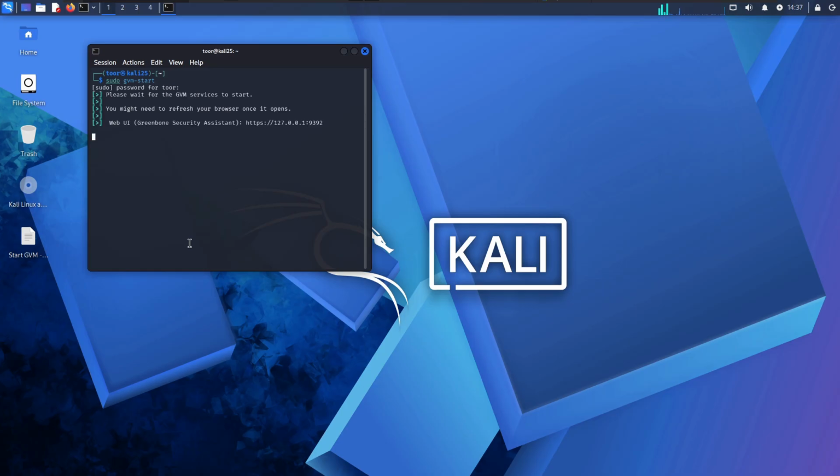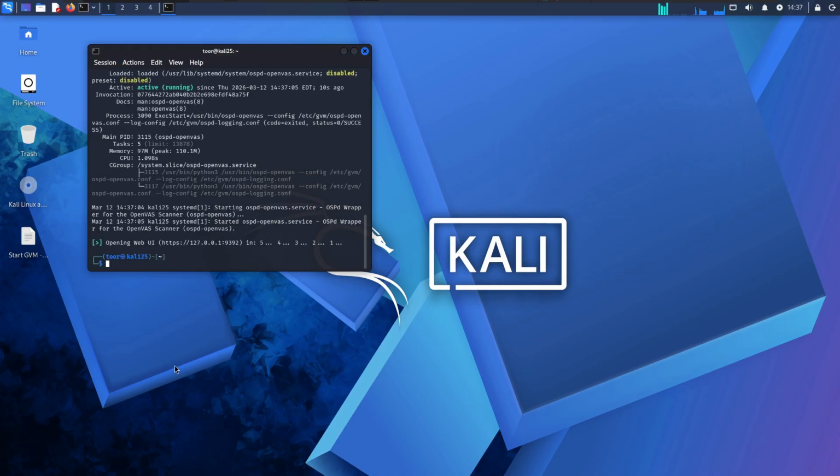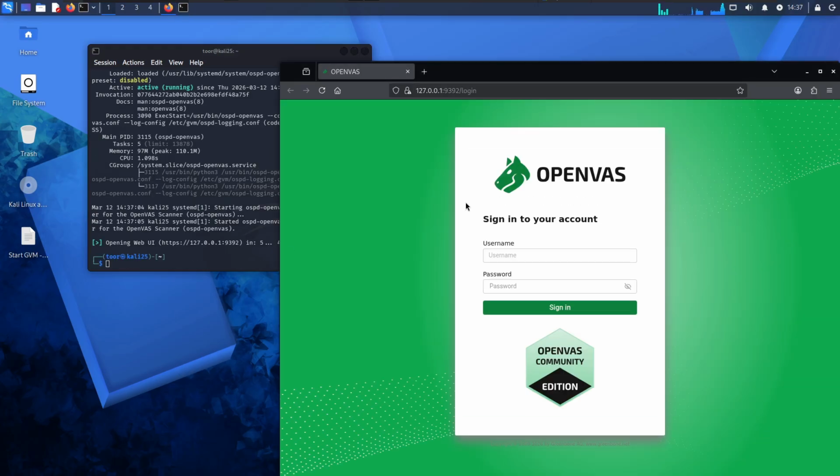This should look similar to what we see on the screen, where we're going to see the Greenbone Security Assistant launch the 127.0.0.1:9392. And eventually, this is going to execute the actual browser configuration. We're going to see it's opening in 3, 2, 1. And now it should automatically open. There it is. And now we're at the logon screen. Once again, enter admin for your username and whatever you just changed your password to get back into the